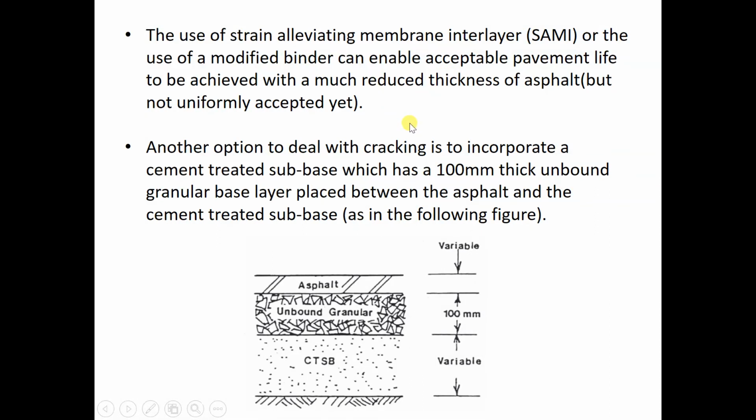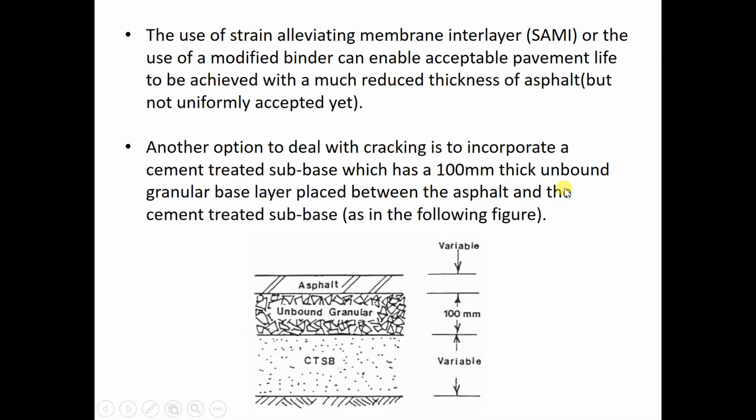It can have higher tensile resistance, so even though it reached a peak, it can prevent cracking. That can be achieved by a higher quality binder, or by putting this membrane below the asphalt. Another option to deal with cracking is to incorporate a cement treated sub base,